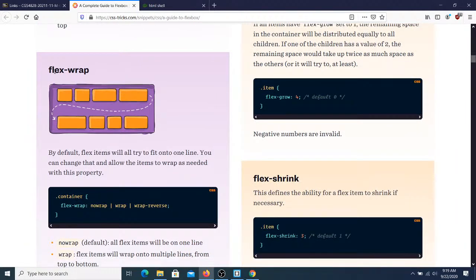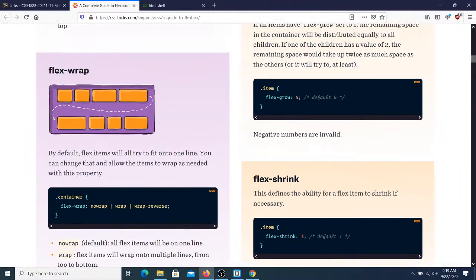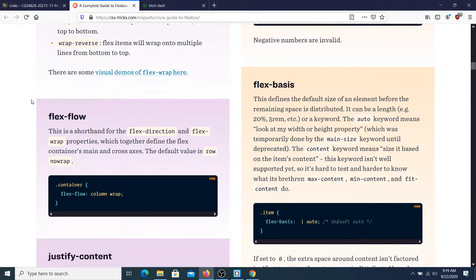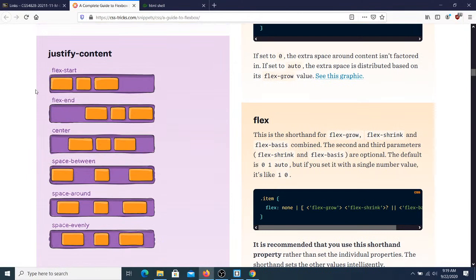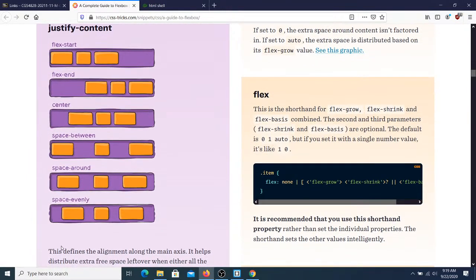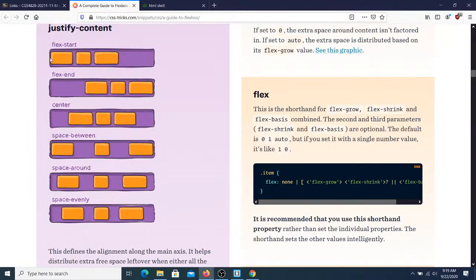There's the property flex wrap. I think I have an example that I'll do later in class today. To be perfectly honest, I don't use it that often. I don't find it super useful. I think Grid has other ways to handle wrapping content a little bit better. Let's talk about one here called justify content. This defines alignment along the main axis. In this case, our main axis, let's set it to row. So flex direction, row. And so if we set it to row,